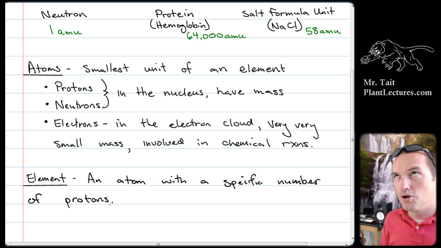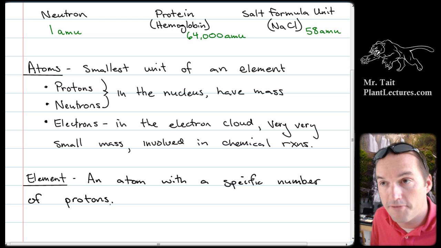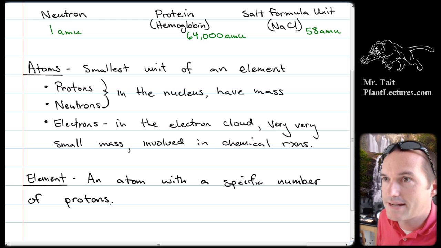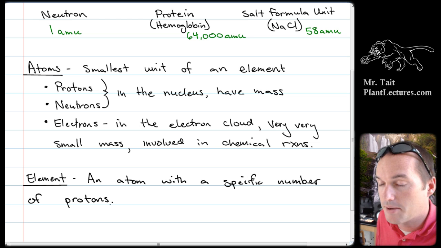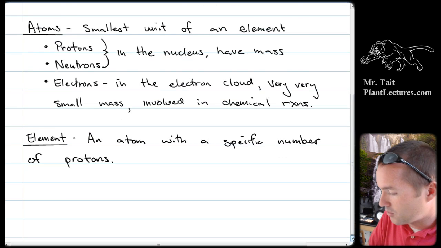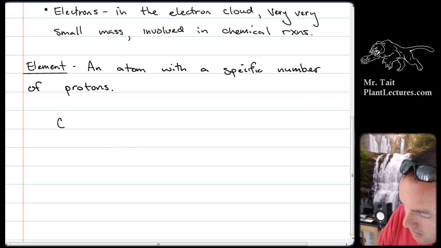Okay, so how do we figure out the number of protons? We look on that periodic table thing. And so I can look at carbon, for instance, and above carbon there's the number 6, which tells me that 6 is the atomic number, so there must be 6 protons in it. That's correct. Let's draw some carbon then. We're going to specifically draw something called carbon